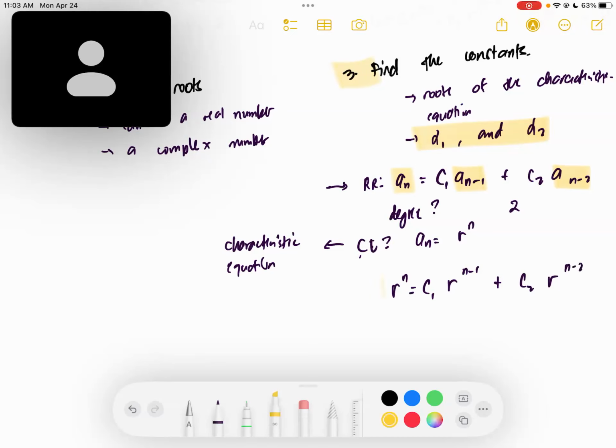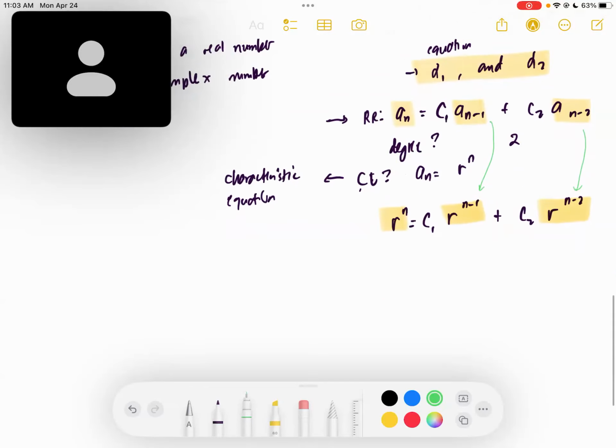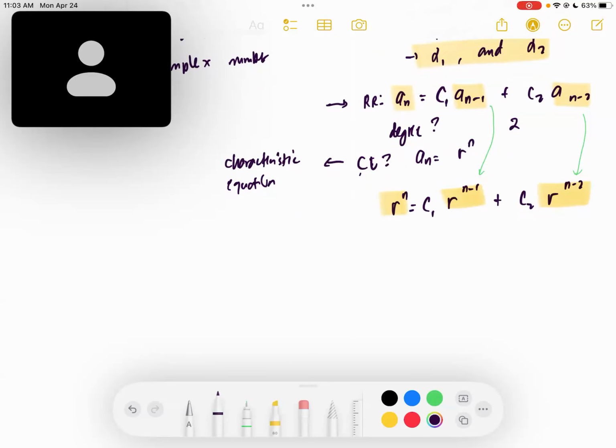So notice that we replaced a sub n with r raised to n, a sub n minus 1 with r raised to n minus 1, and a sub n minus 2 with r raised to n minus 2. So what we'll do next is transpose these terms to the other side. So we will have r raised to n minus c sub 1 times r raised to n minus 1 minus c sub 2 times r raised to n minus 2 equals